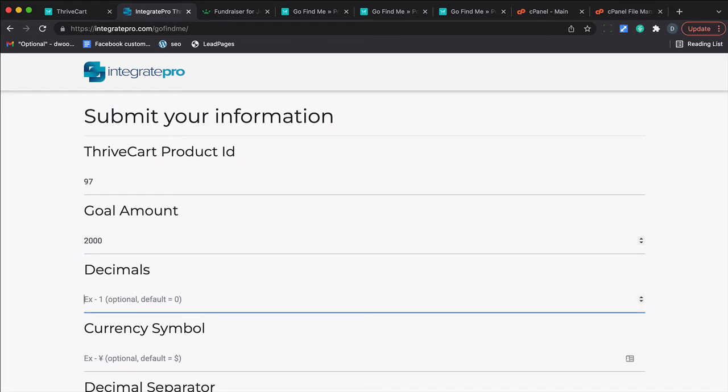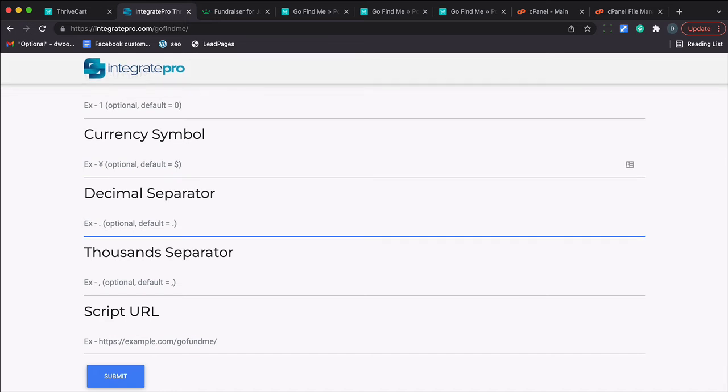How many decimals do you want to show? The default is 0 if you don't say anything. Currency default is $, so I'm just going to leave it as is. Decimal separator is a period. I'm going to leave it. Thousand separator is a comma. And where do you want to install the script that you're going to need? So in my case,